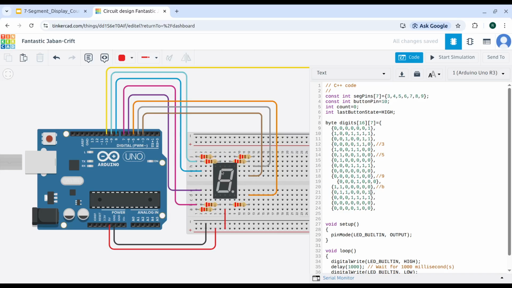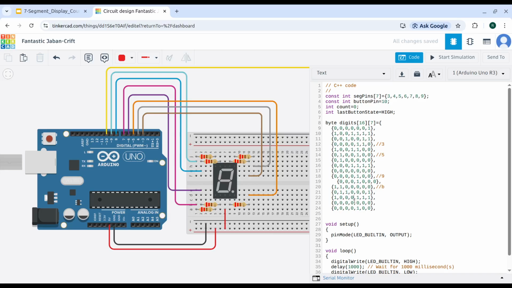Like this, C. Next D, for D first is 1, this is 1, 0 0 0 0,